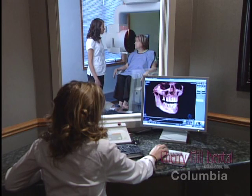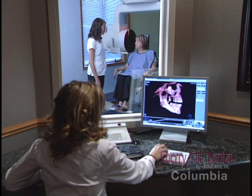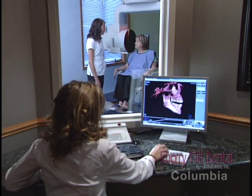Although we couldn't see her need on a traditional 2-dimensional x-ray, we were able to see the exact problem right there on the computer screen, and it allowed us to go straight away, provide the root canal treatment on that tooth, and alleviate all of her problems to where she was able to return to school. So it never ceases to provide invaluable information that we need when we're treating a patient. Again, seeing better, and it speeds things up as well. I mean, you have other technology where...